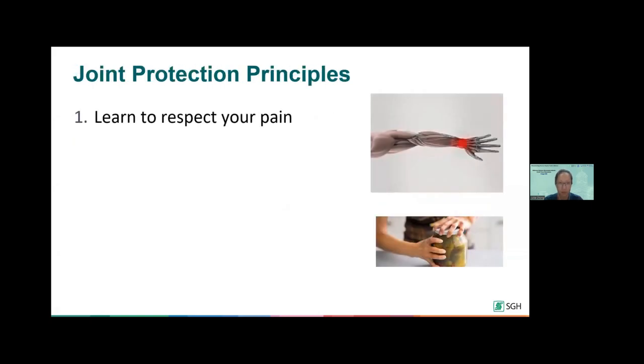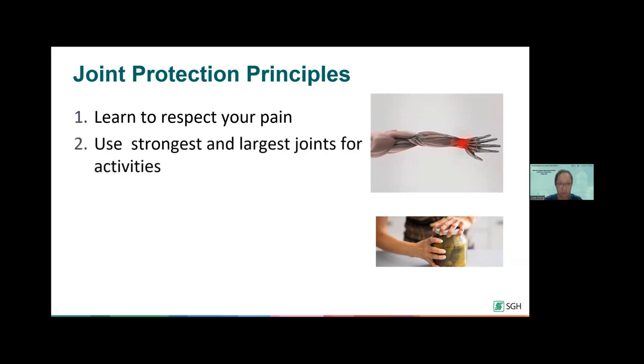So some of the principles behind joint protection is that we must always learn to respect our pain. A lot of times, we have patients coming to tell us that, after a while, I have learned to live with the pain. It is very painful, but it is okay. It is part and parcel of the aging process. But that is actually not true, because when we experience pain, sometimes it is our body's way of telling us that we have done something too much, or we need to lessen the things that we are doing.